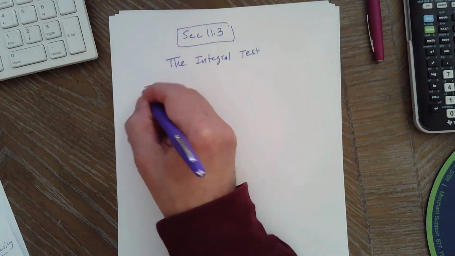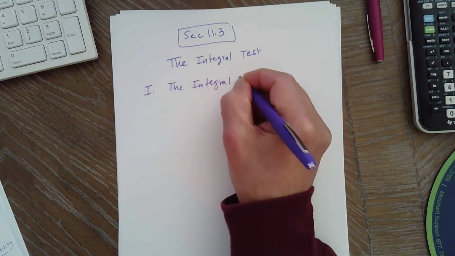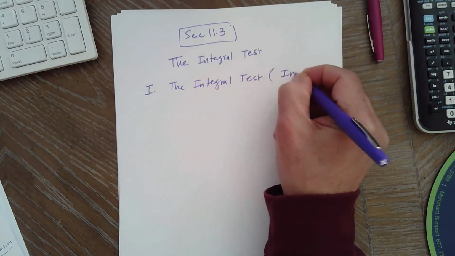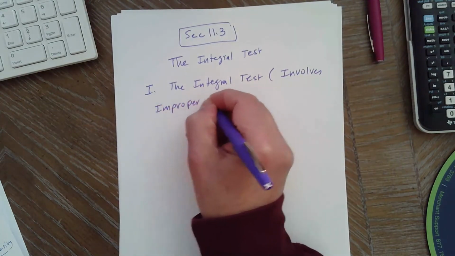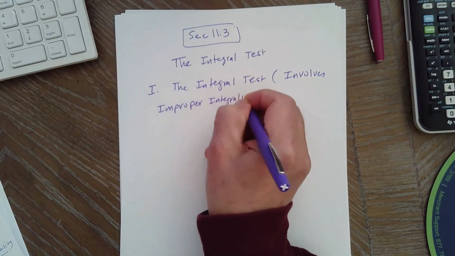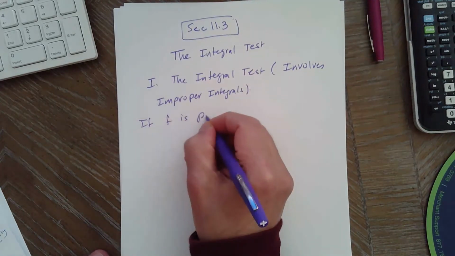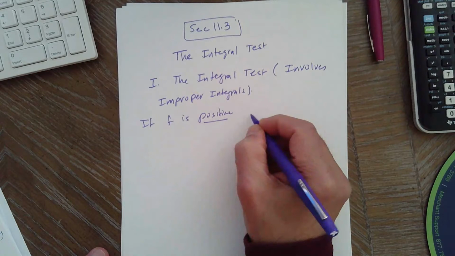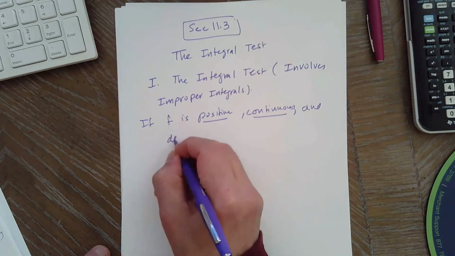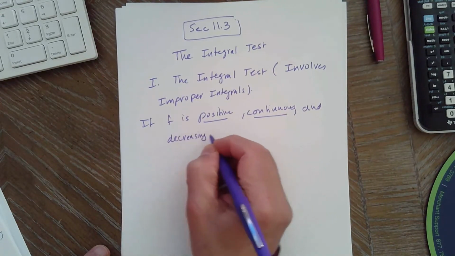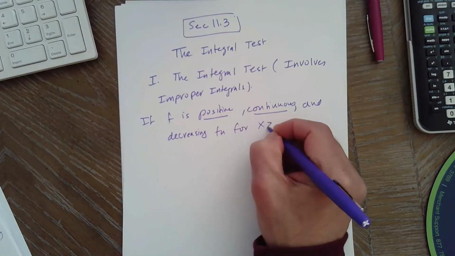Okay? So what is the integral test? And that does involve not just integrals, it involves improper integrals. All right, so if function f is positive, so it has to be positive, okay, and continuous as always, and decreasing. So meaning if you find the first derivative, it has to be negative for x greater or equal to 1, okay,